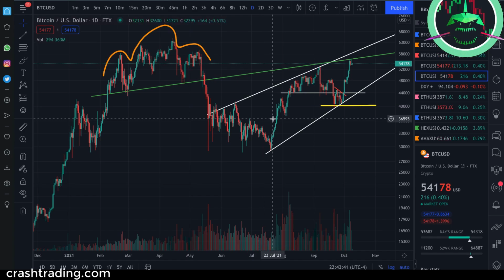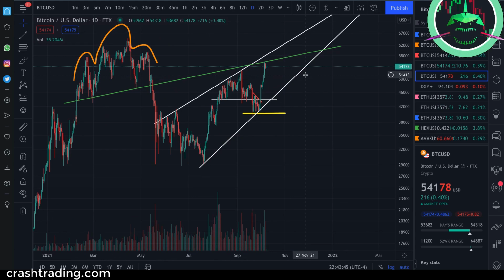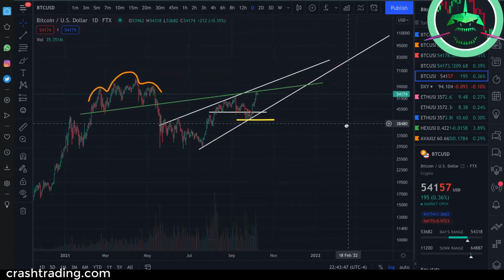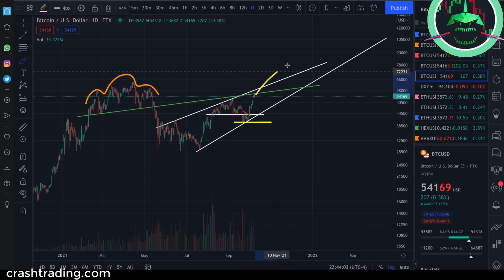Now, guys, I want to talk real quickly about the magnitude of the bull market we could be getting here. I know a lot of people think we're going to go to 100K by the end of the year, and I still stand by my words. If you think that, you're crazy, okay? You're ridiculous. For that to happen, guys, do you understand the chart has to literally look like